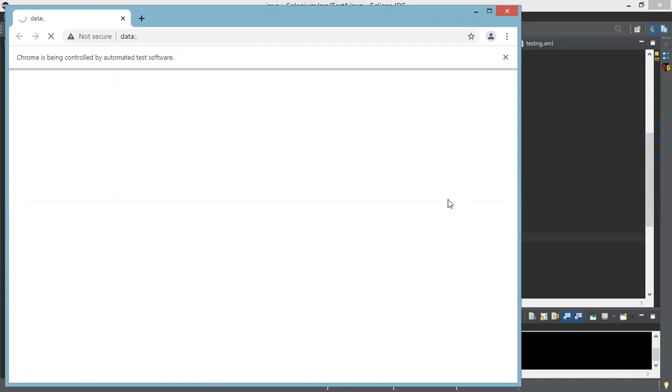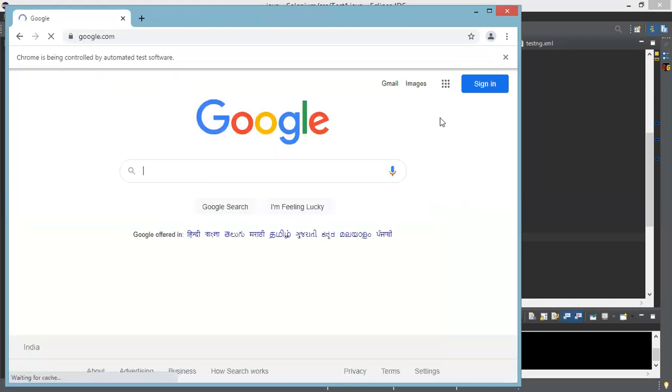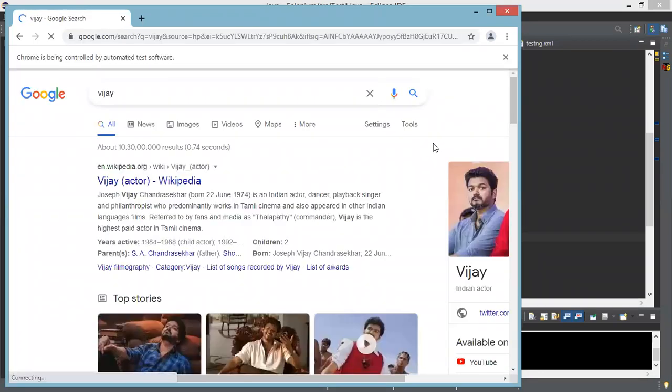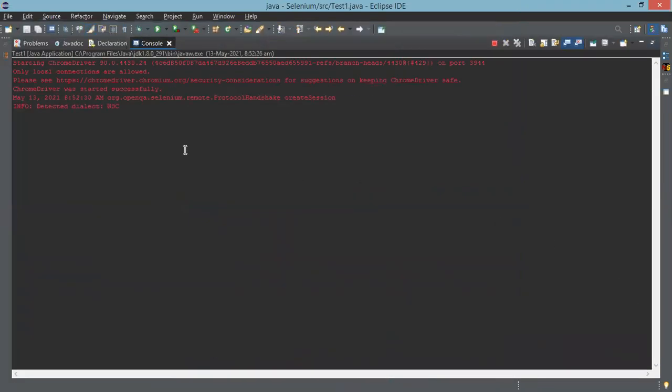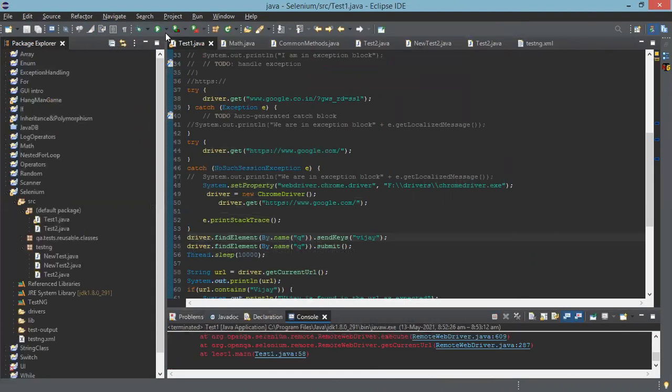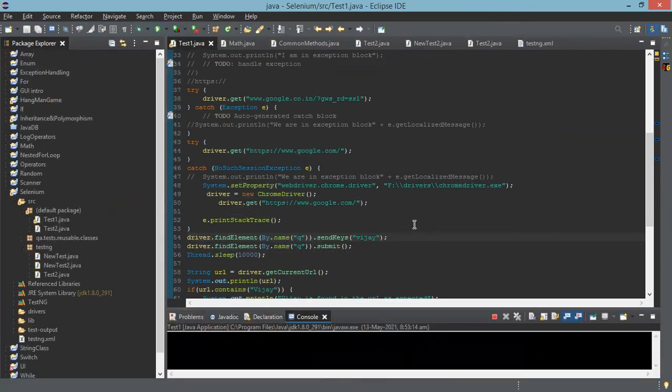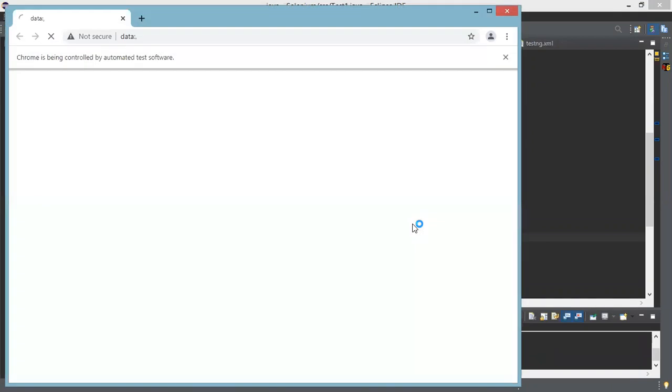What happened? It is taking so long to load. Close this and kill this. Now you go there and check. Now before even it prints, you are closing it. We have waited for 10 seconds. Again execute it. Wait for it to close. Or else see the console whether you got the messages.